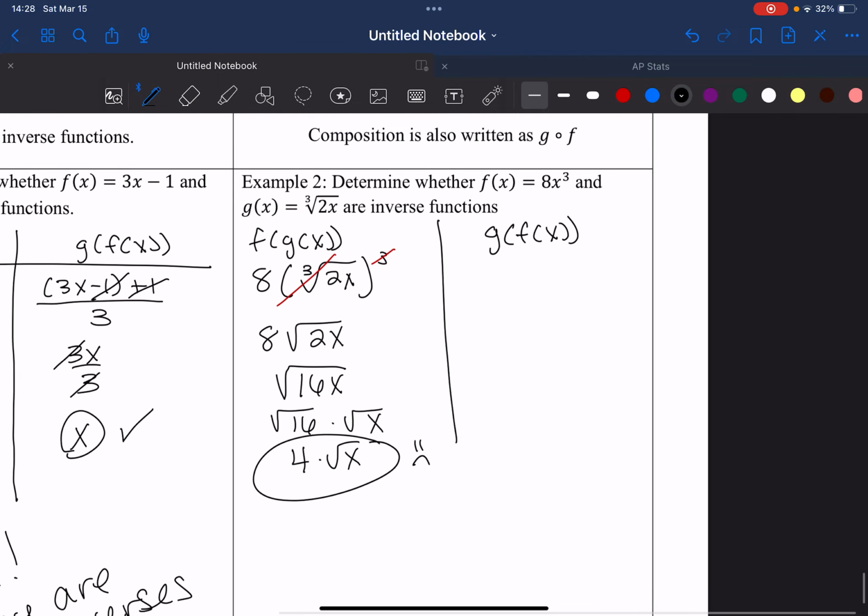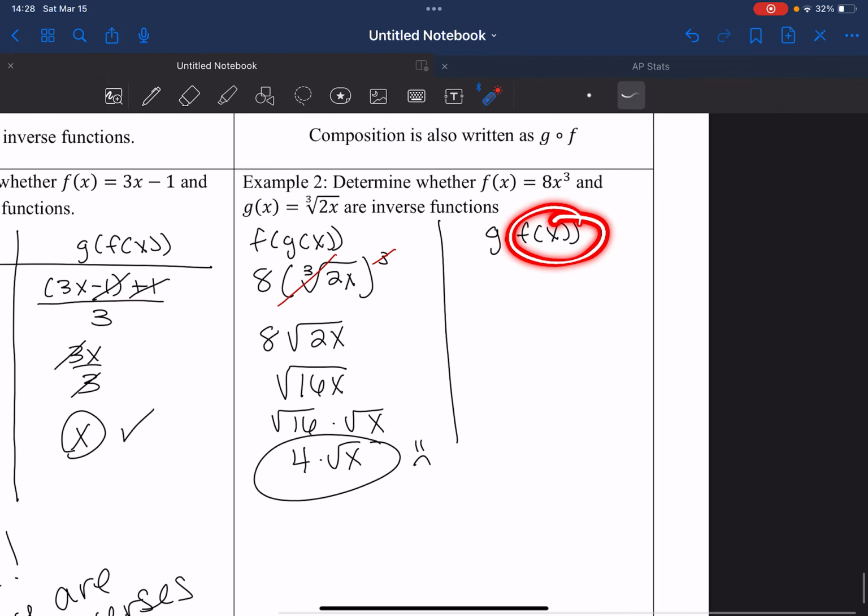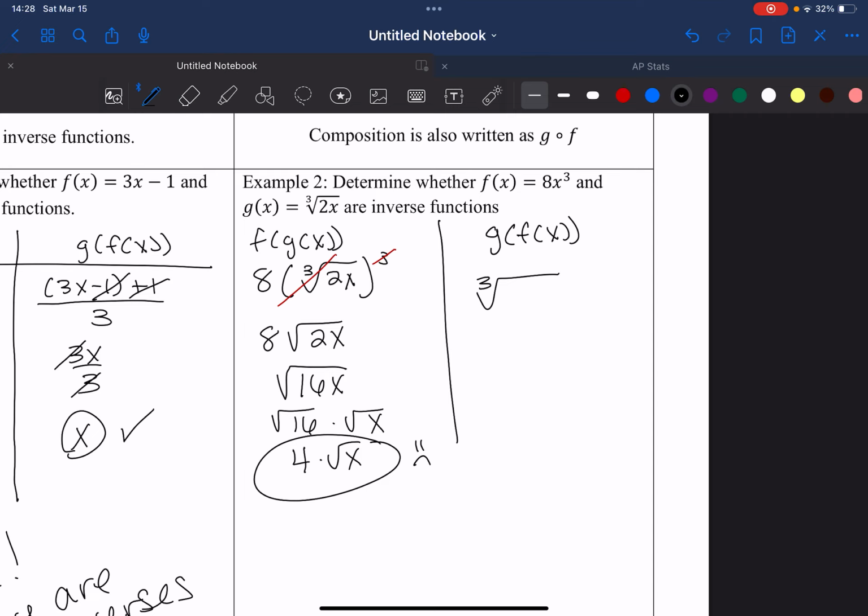So let's check the other way. F of x into g. So my g function is cube root of 2 times x. Instead of x, I'm going to put 8x cubed because that's my function for f. So I've simplified this as the cube root